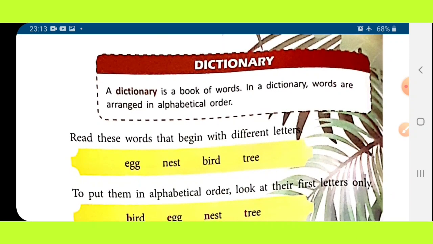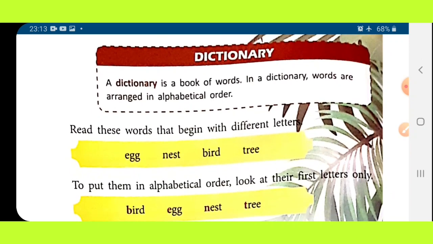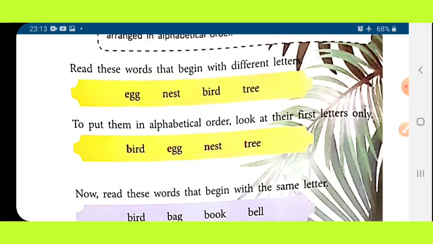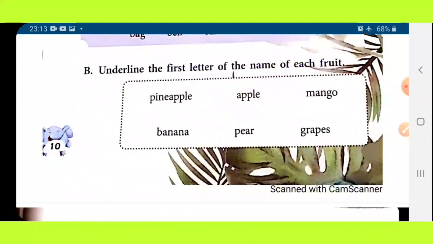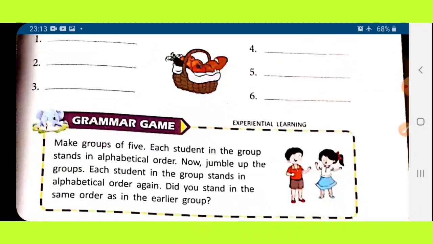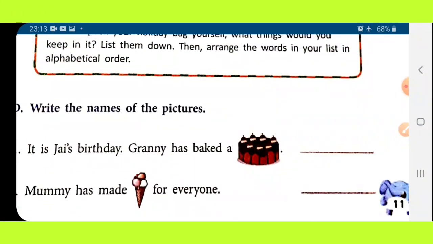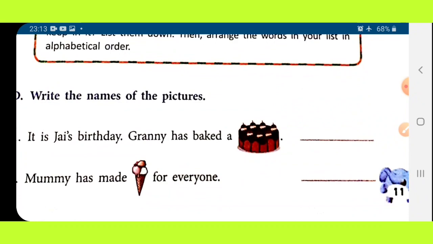Hope at your home also there is a dictionary. Ask your parents, they will surely show you the book. Which? Dictionary. Okay? In any live class, I will also show you the dictionary. But before this, we will first do this topic. In this topic, again, you have to see the picture and write the name. Okay, just tell me fast, what is this?